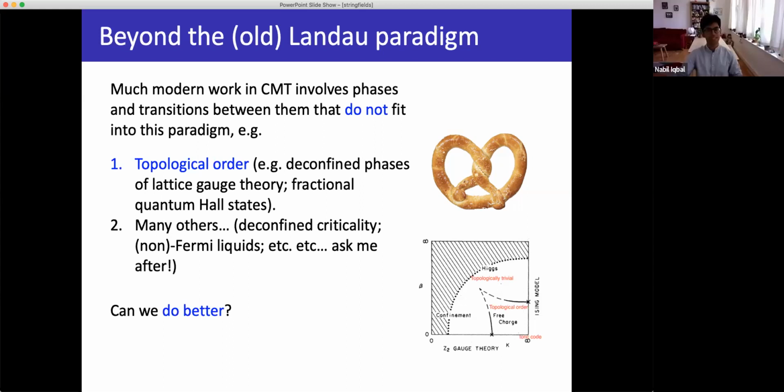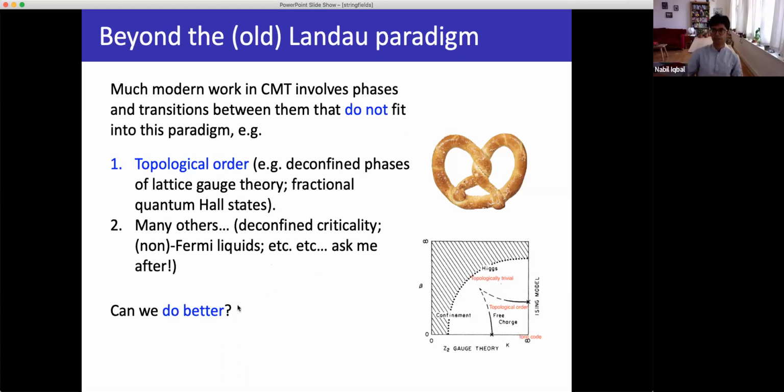This is basically things having to do with lattice gauge theory or with gauge theories of some form. For example, the fractional quantum Hall states are a real life system that exhibits topological order. Lattice gauge theories also exhibit topological order. It's a phase of matter that does not have a local order parameter, but is still interesting. There's something fun going on. And there are many others as well. There's lots of things that people in this audience will know about. I don't have much to say about them in this talk, so I won't go into that now, but there are many things that don't fit into the normal Landau paradigm.